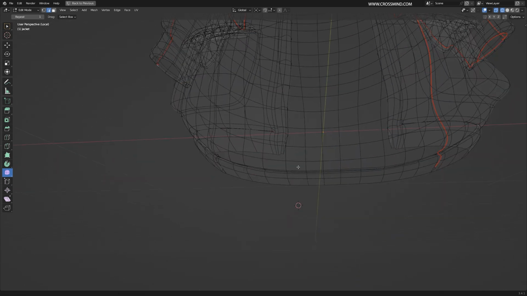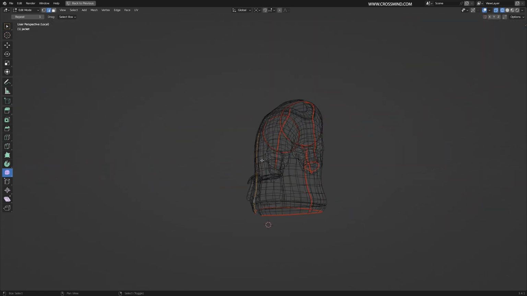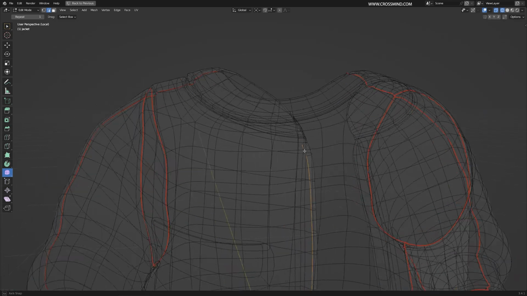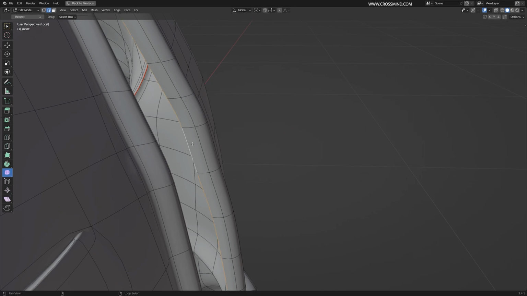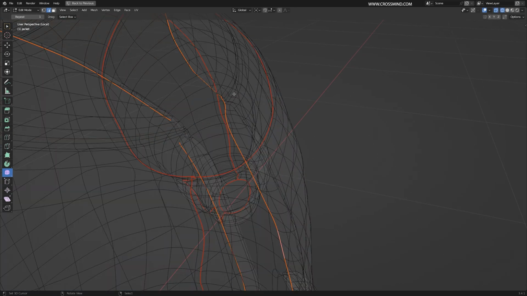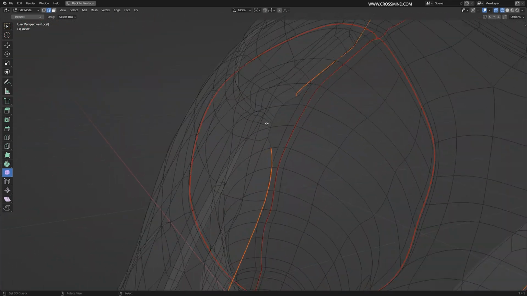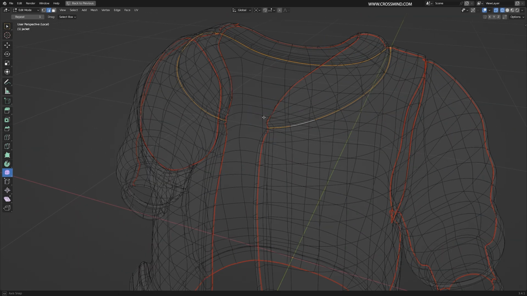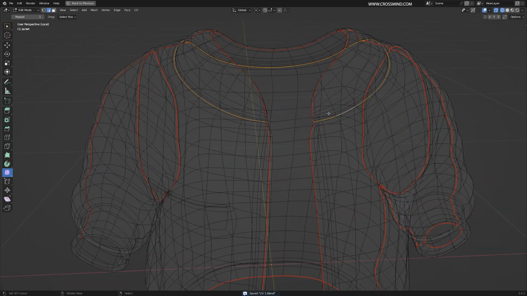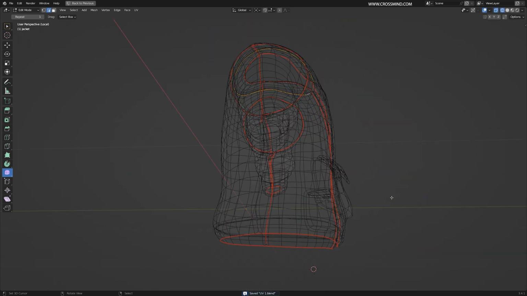All right, now I'm just going to select this bottom one, mark seam this, and then we have this one edge for the front opening, and on both sides we have this edge. So let's do that, and it seems like there's a break here. Then I'm just thinking whether or not we should, I think we can leave the collars. We'll see how this turns out.